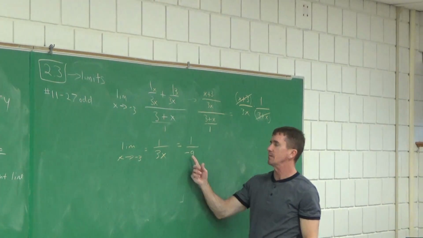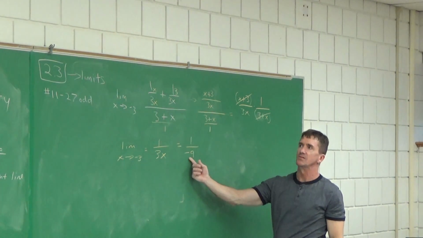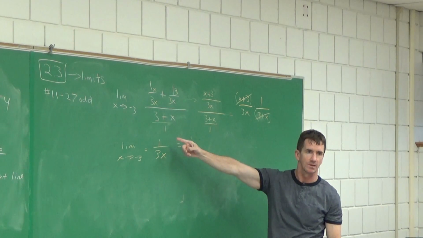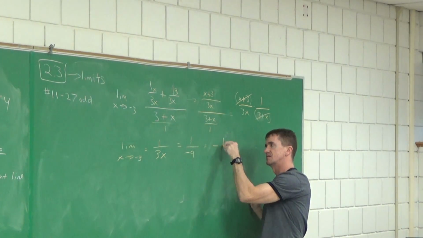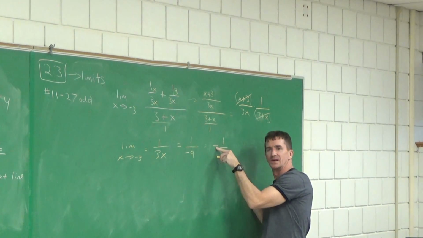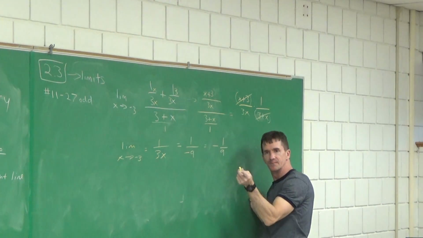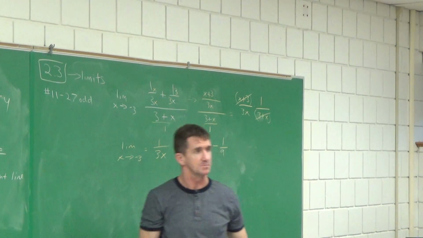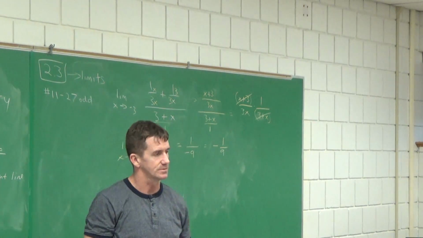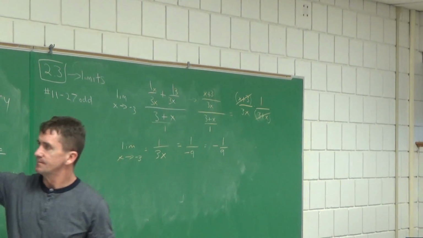The book probably won't write it this way. How do they write fractions that are negative? They put the negative at the front, right in the middle. You can put it on the top, you can put it on the bottom, or you can put it in the middle, it's up to you. Just don't do top and bottom, because you just made it positive, right? Cool. So, our list is